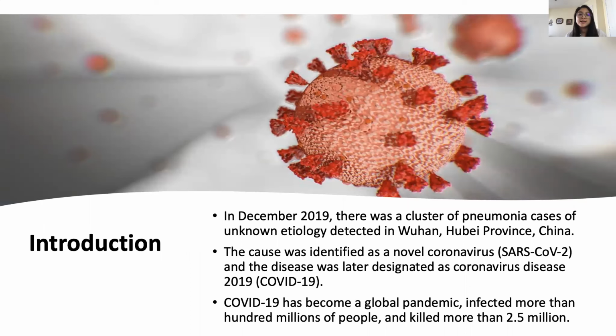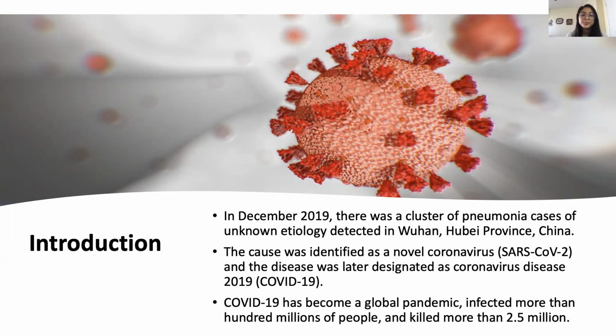In December 2019, there was a cluster of pneumonia cases of unknown etiology detected in Wuhan, Hubei province in China. The cause was identified as a novel coronavirus, SARS-CoV-2, and the disease was later designated as coronavirus disease 2019 or COVID-19. COVID-19 has become a global pandemic, infected more than 100 million people and killed more than 2.5 million people